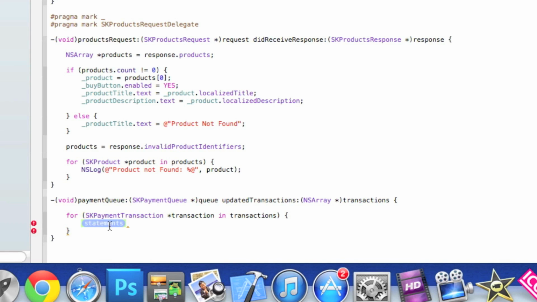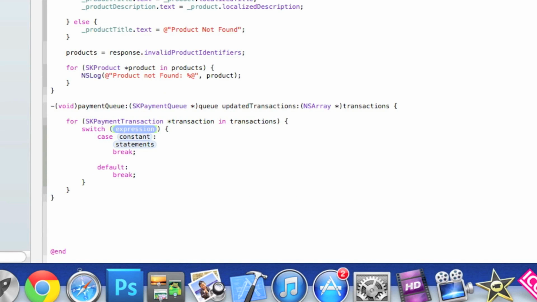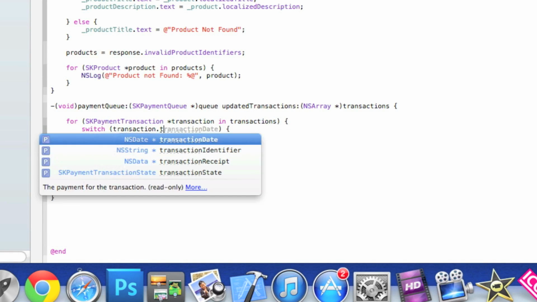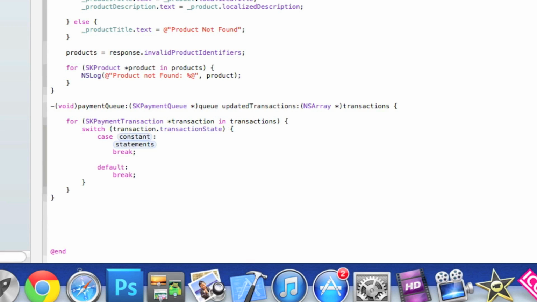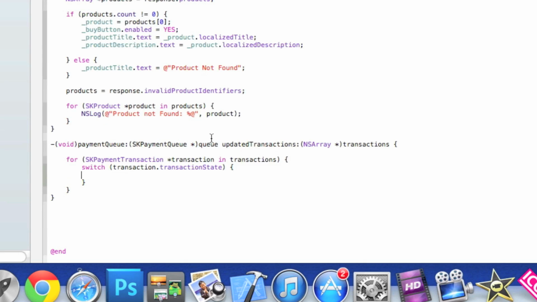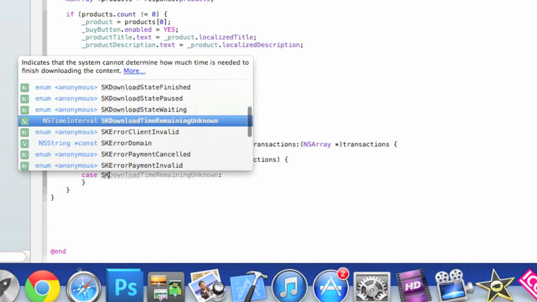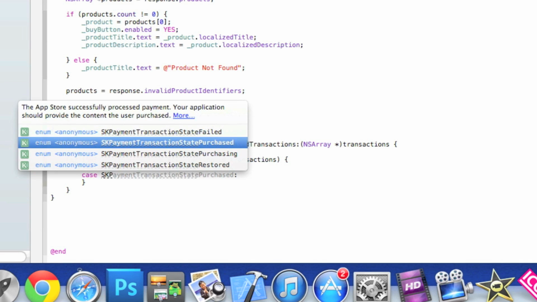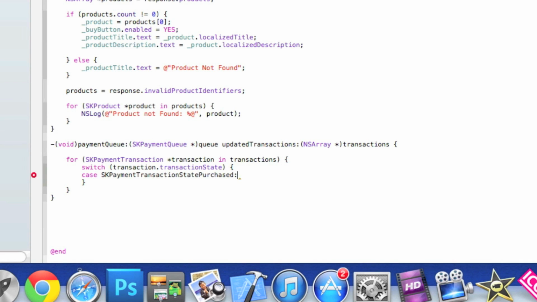and then the statements here we do switch, and in the expression we do transaction.transactionState, and in the constants here we need to get rid of the whole of this so we can type it out ourselves. So once we've done that, we do case, and in the expression we do SKPaymentTransactionStatePurchased. So if it's been purchased, after the colon here we do bracket self